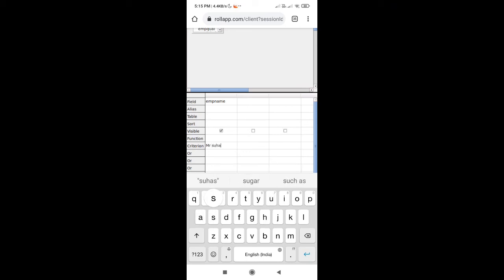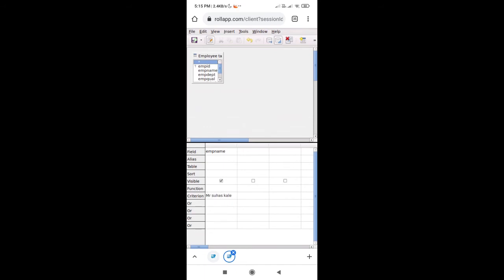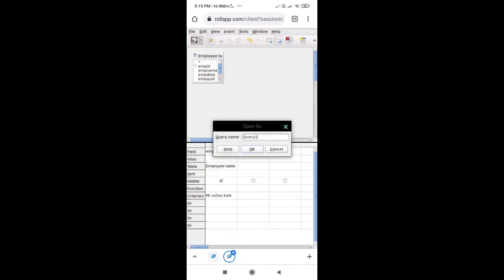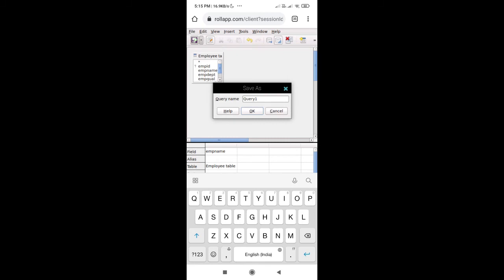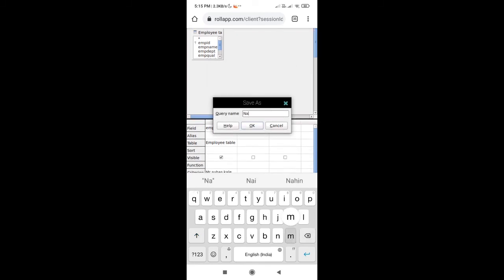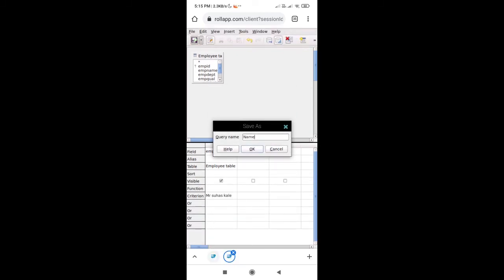Write in the same way which you have written in the table and then save the query. I'm naming it as name and then click on OK and run the query.